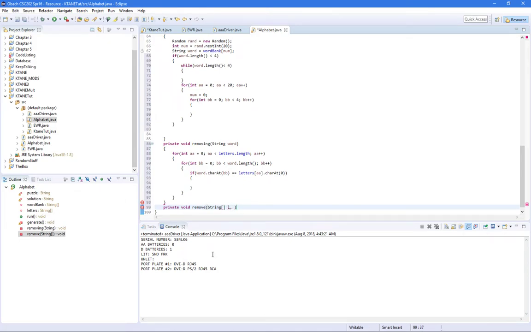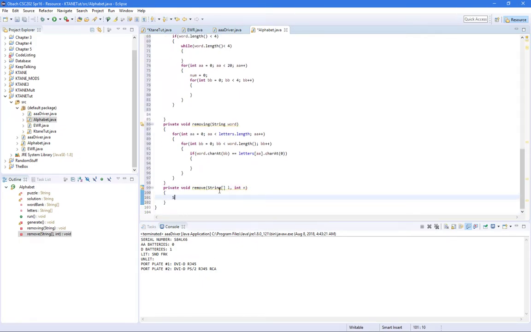String of L and int of numbers. So string of convert equals new string of, let's see, L dot length -1